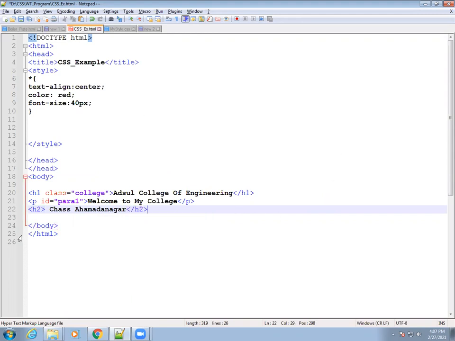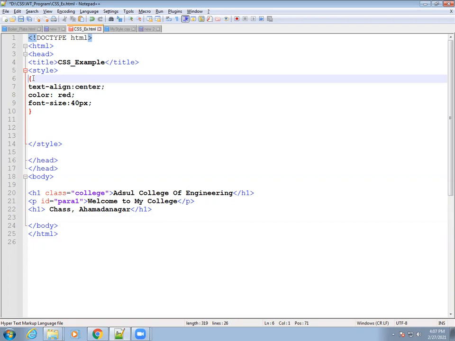We only used the H1 tag, so I will give this H2 tag here. Grouping means I already mentioned the H1 tag, and I also give this H1 tag here. So let's see if we change the content of the H1 tag.